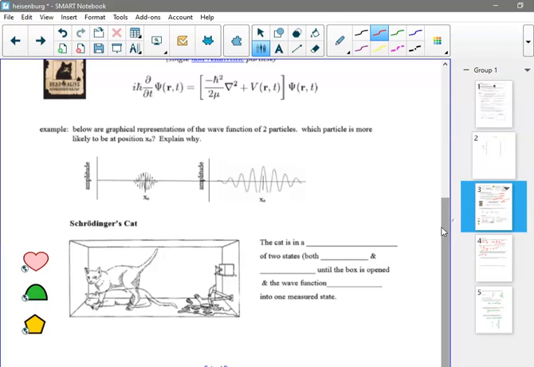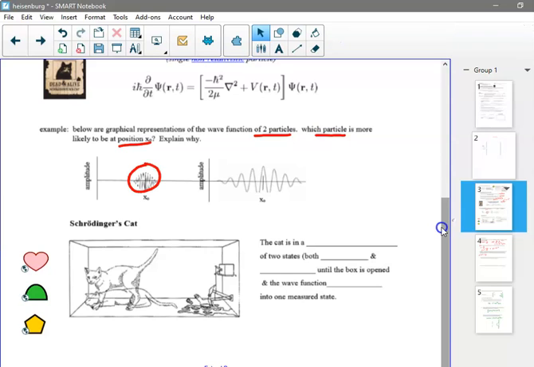You don't have to do any math. So let's say I represent the wave function of two particles. Which particle is more likely to be at position X? So I have a wave function right here, that little wave packet that's generated by an application of Schrodinger's equation. Okay, so it's not just a simple monotone wave. Here's x naught, and then here is another wave packet, a little bit more spread out in space. So if we're asked which is most likely, so that's a probability, what we want to understand